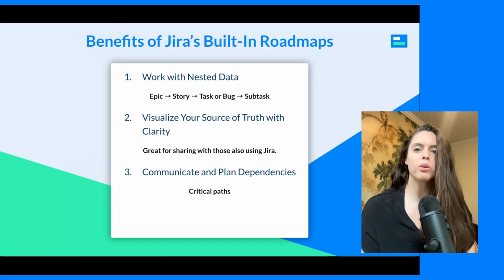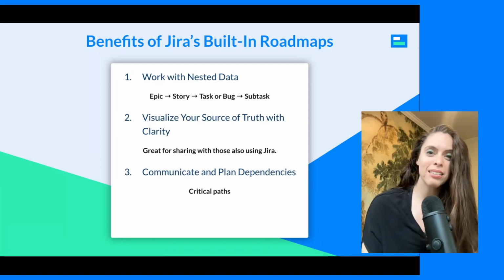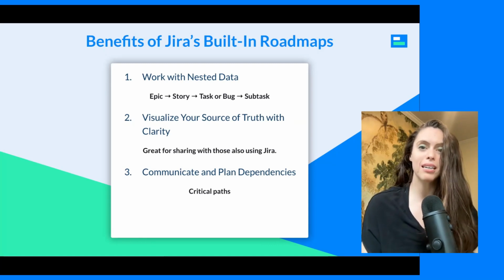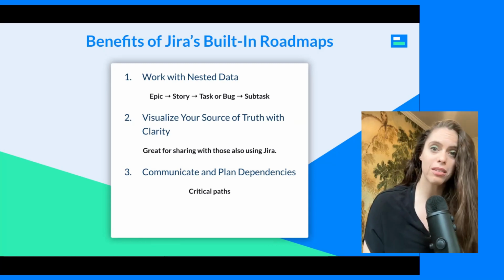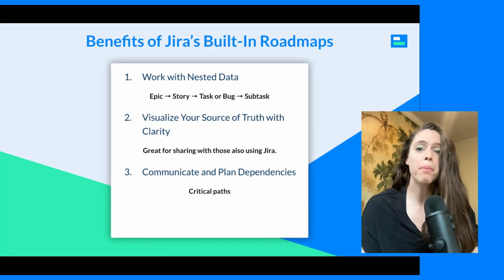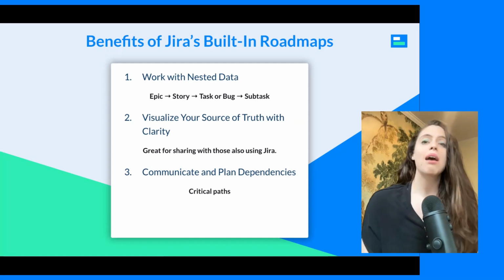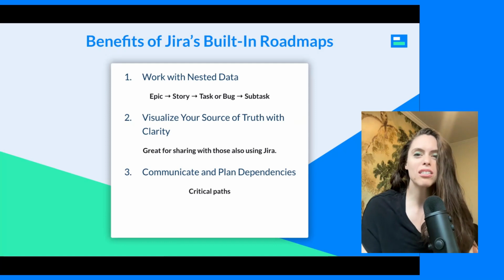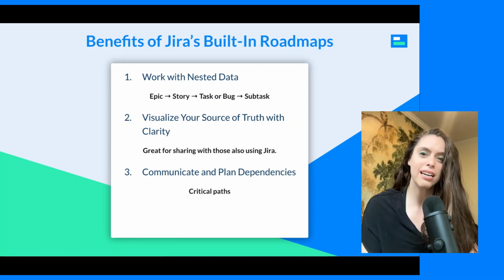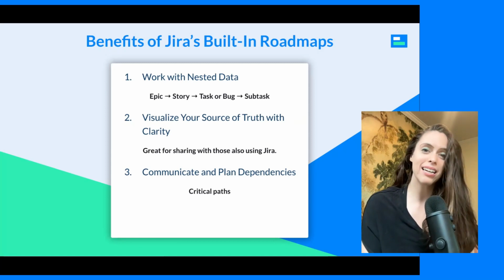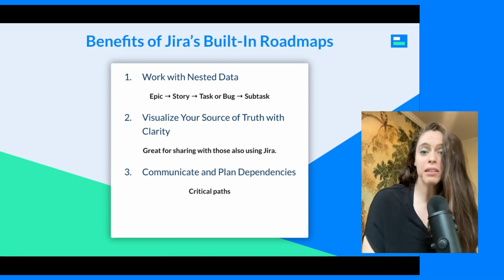For one, you can work with your nested Jira data, albeit timeline does have a more limited amount of drill downs than the advanced roadmaps, but both do provide you with the capacity to show things on an epic, story, or task level, which is really helpful because you're obviously setting up and structuring your data in Jira for a reason, and you want to be able to visualize that data very clearly,